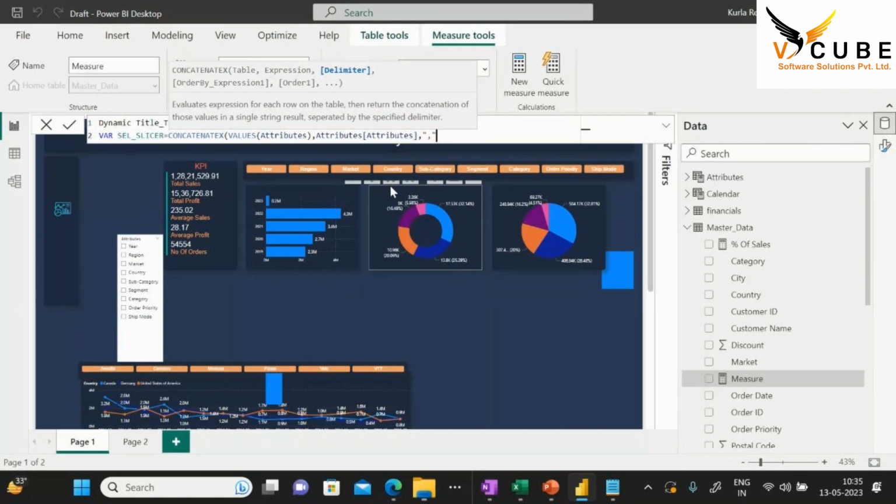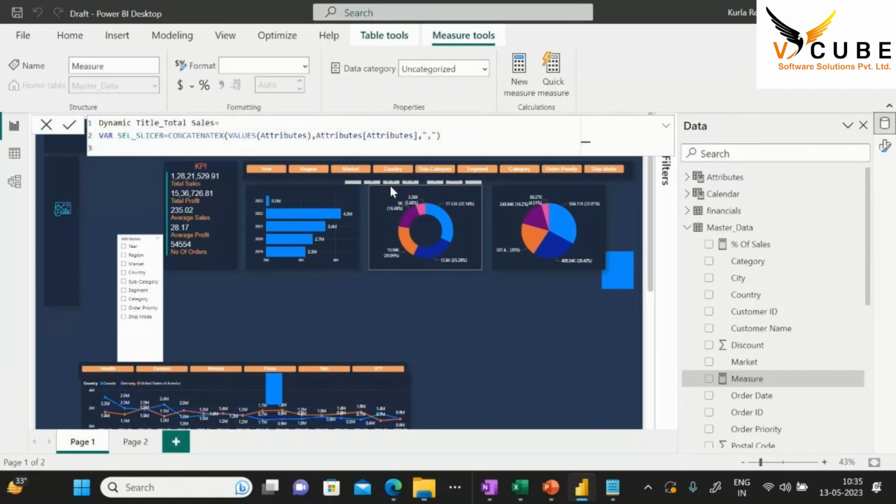This is a small function we can write. Now var title equal to,